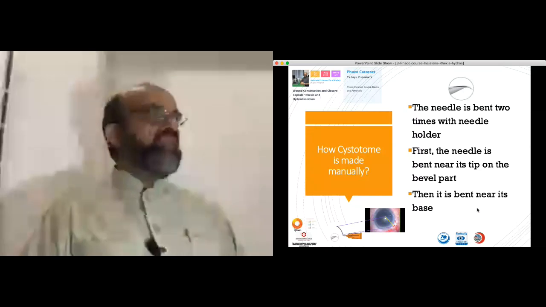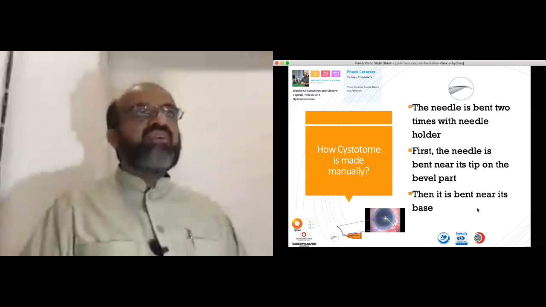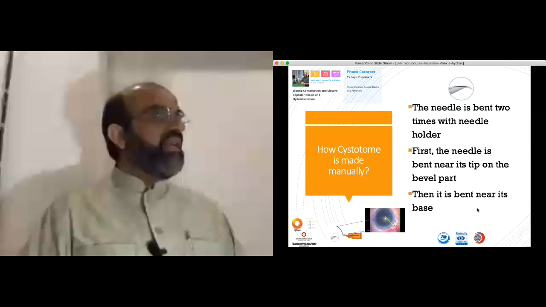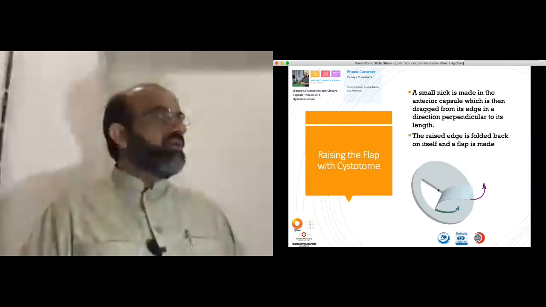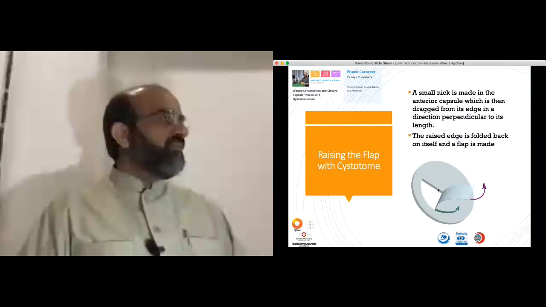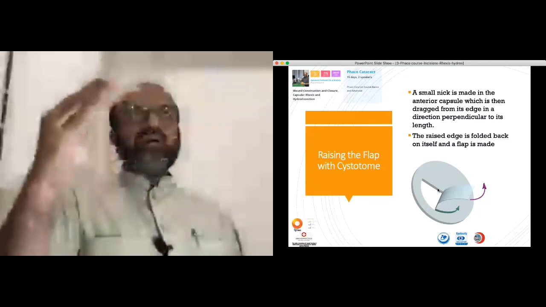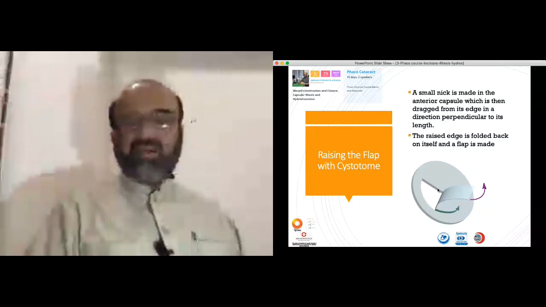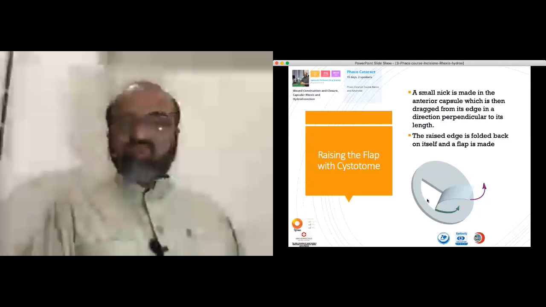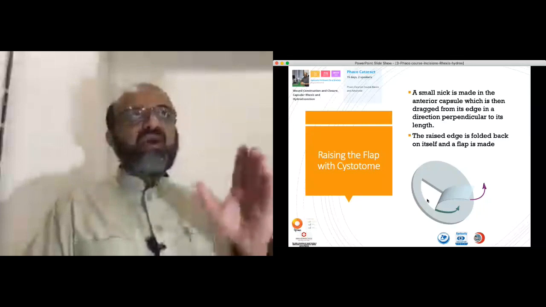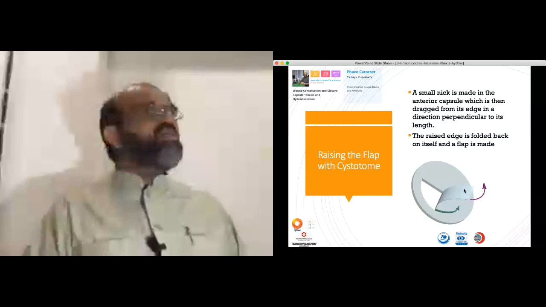This is what I mean by raising of the tongue. The first cut you make with the help of the tip and the bevel of the cystitome is radial, about half of the full length or the radius of the capsular rhexis you desire, and then you just pull it and raise this tongue. And once this tongue is raised, then all the rest of your touches will be on the everted surface of this